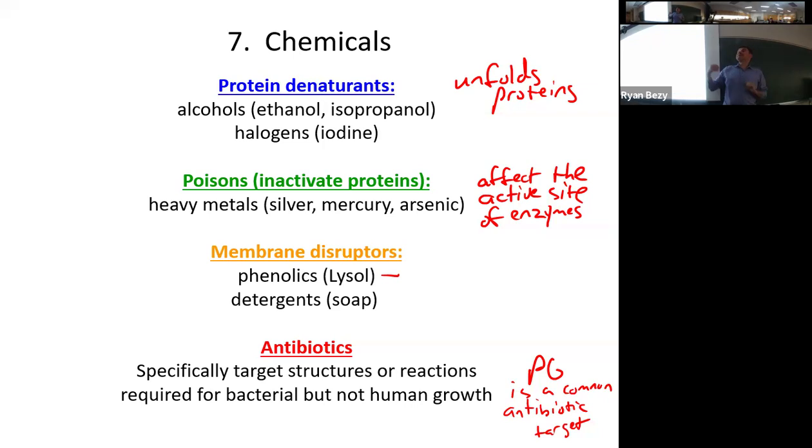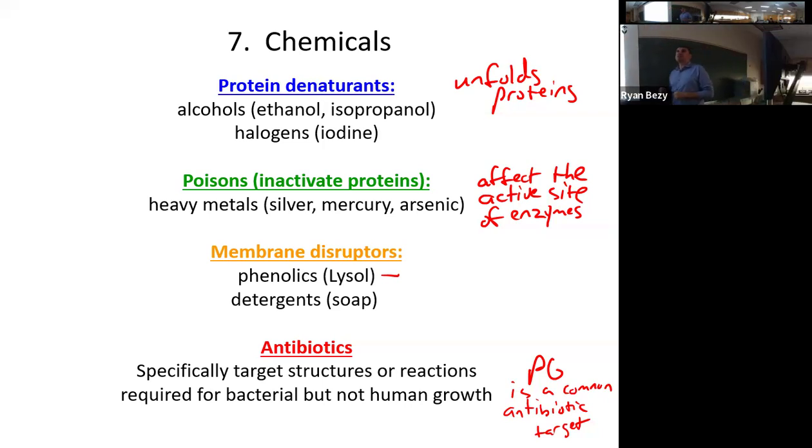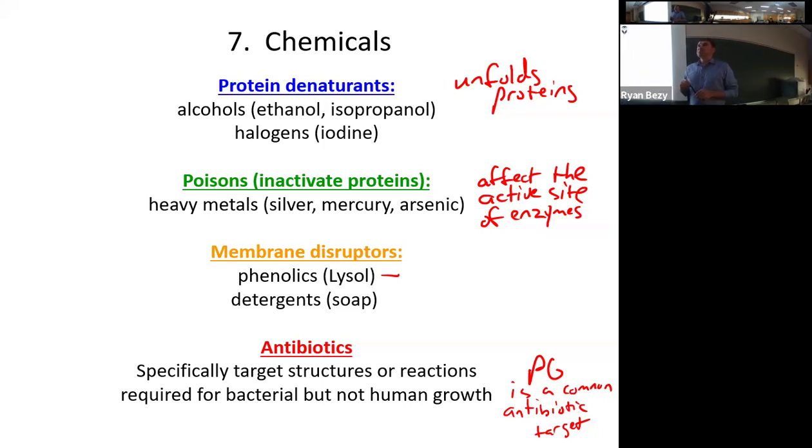So for instance, penicillin is an antibiotic. Penicillin targets the peptidoglycan cell wall of the bacteria. That will kill the bacterial cell and it leaves human cells unharmed. Why can you not use, say, bleach to treat an infection? Kill human cells too. Yeah. Bleach is going to kill the bacterial cells or the virus causing an infection. It's going to kill your cells just as well, though.